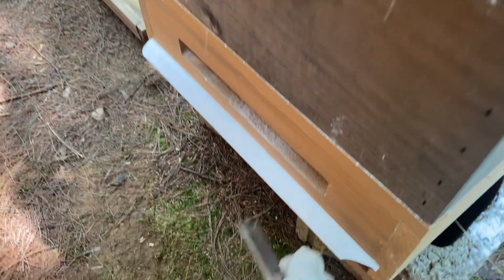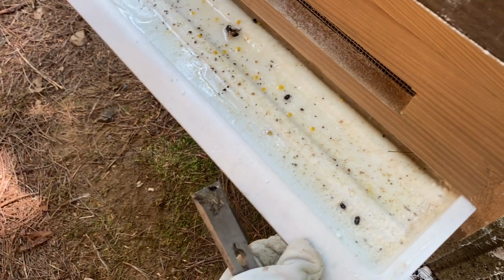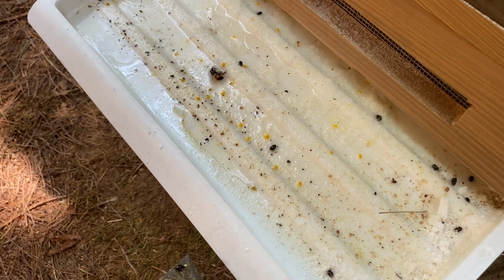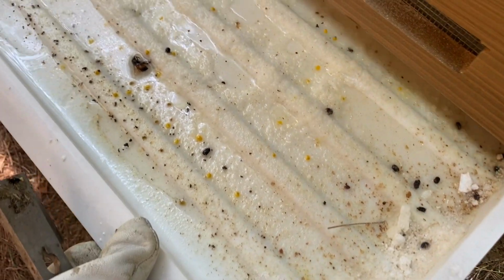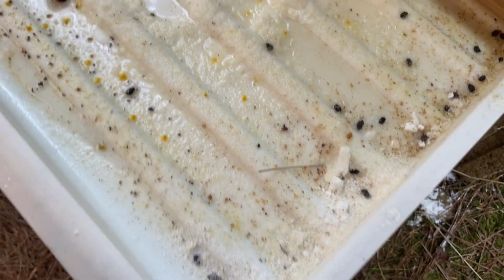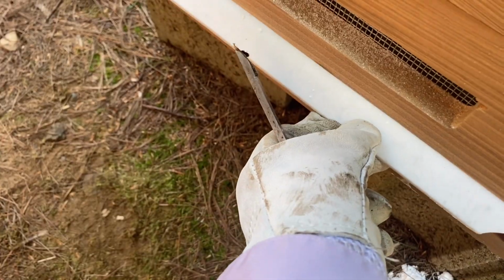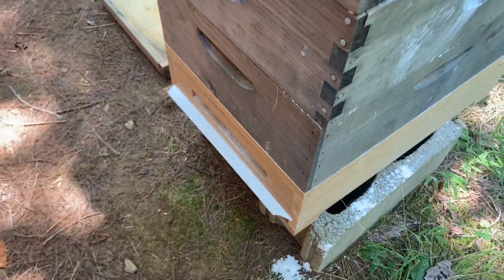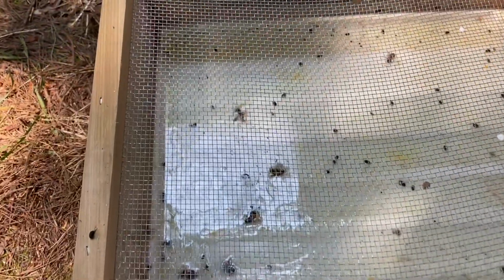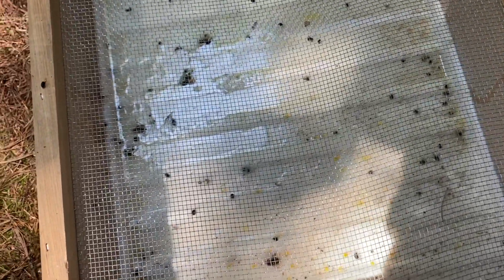Before I start taking them apart, actually, let's take a look at this tray. So I had put in some mineral oil. Ooh, I'm seeing some dead beetles. Unfortunately, a dead bee. But look how many more beetles are in here than would be in the colony. So I'm not going to pull the whole thing out because I don't want to spill all this everywhere. I'd rather spill it farther away from the colony, but it looks pretty good. Here's a closer look. There are unfortunately a few minor fatalities, but in comparison, there might be 30 to 40